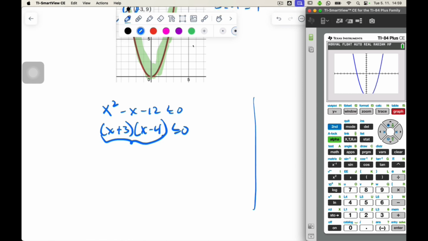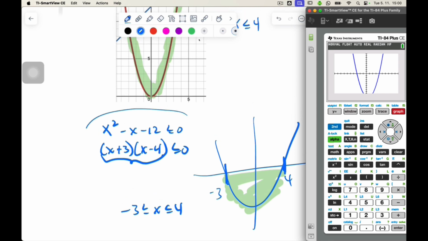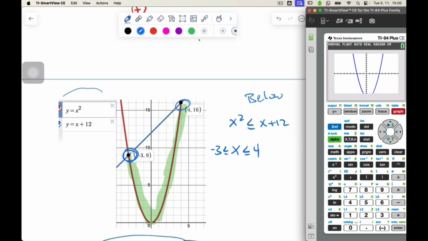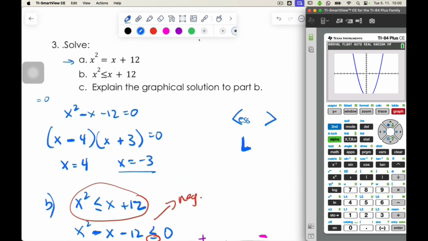So in this region down here, all these values are below the x-axis. So this is going to be negative 3 to 4, and again, negative 3 less than or equal to x less than or equal to 4. So whether we look at it graphically, with a quadratic below the x-axis, or two lines where one is below the other, or if we do it purely algebraically, we can solve these